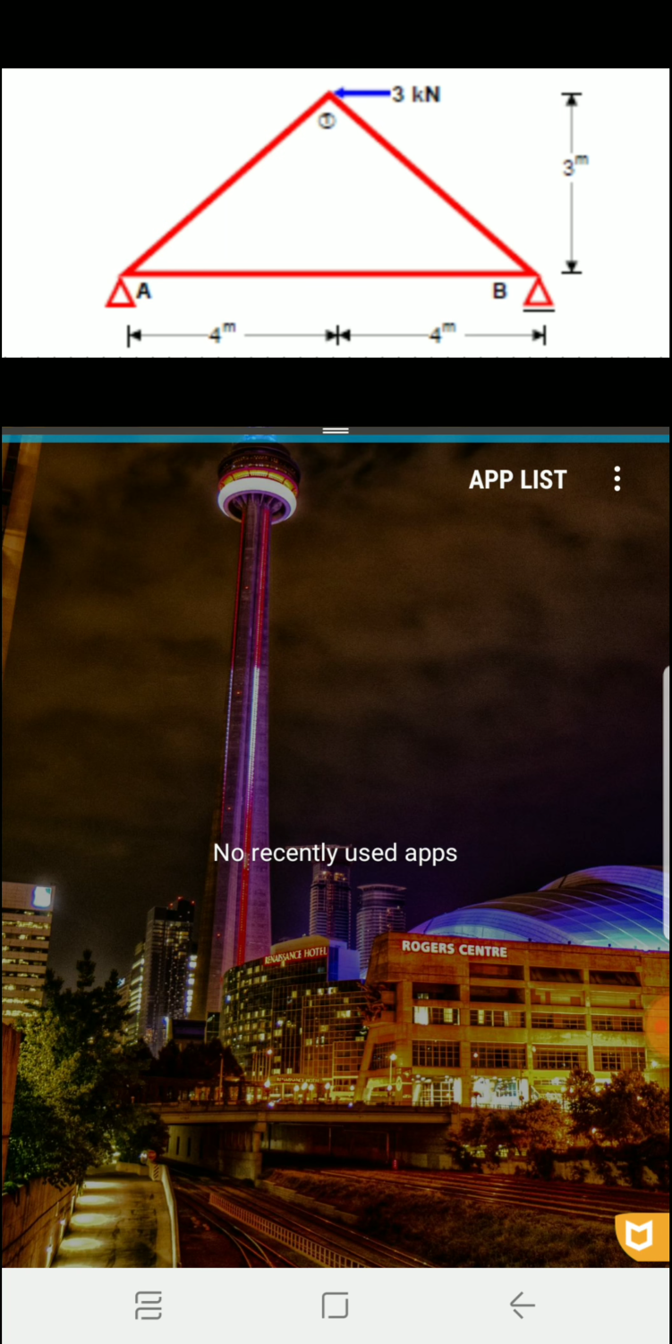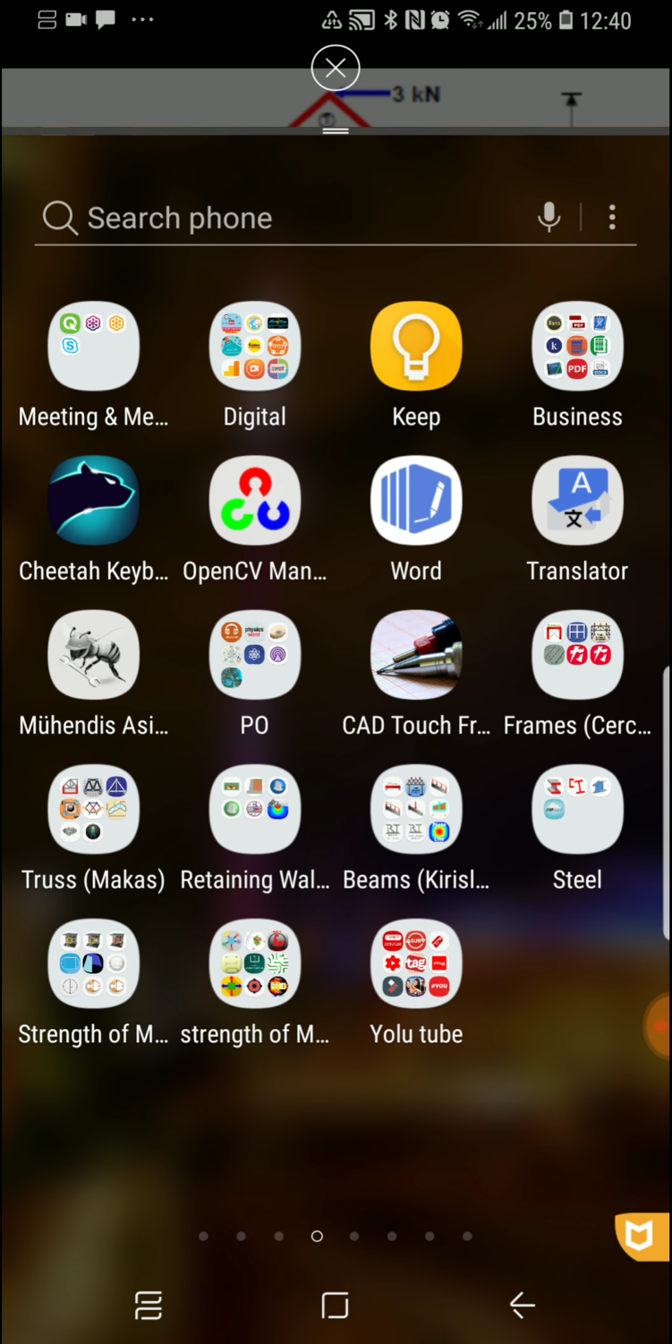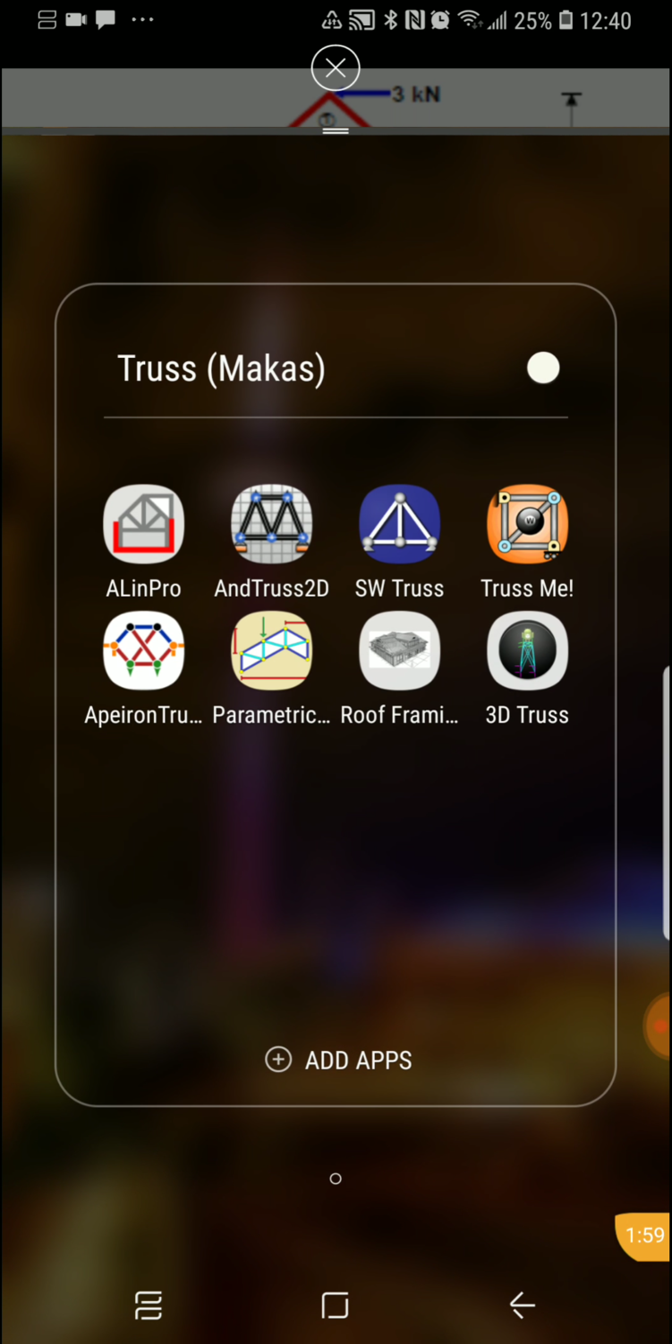So before starting, I have to introduce the truss app applications. These truss applications we can download from the Google Play Store or Apple stores. Those applications regarding the truss we can use in Android and in our iPhones. So I will click the SW Truss